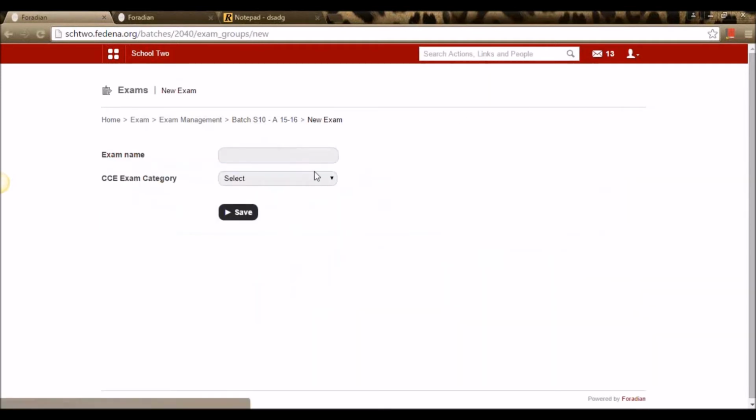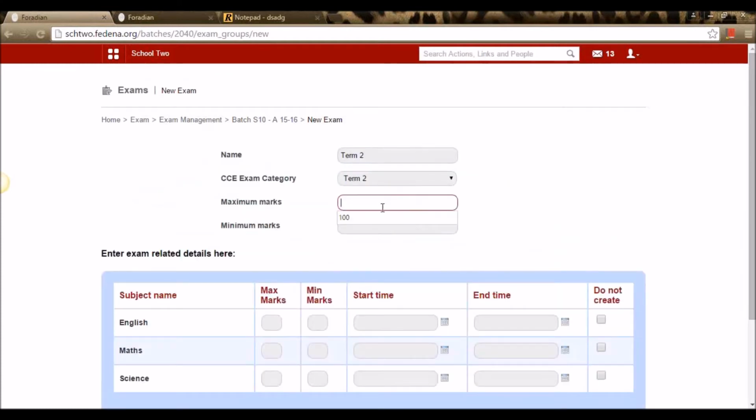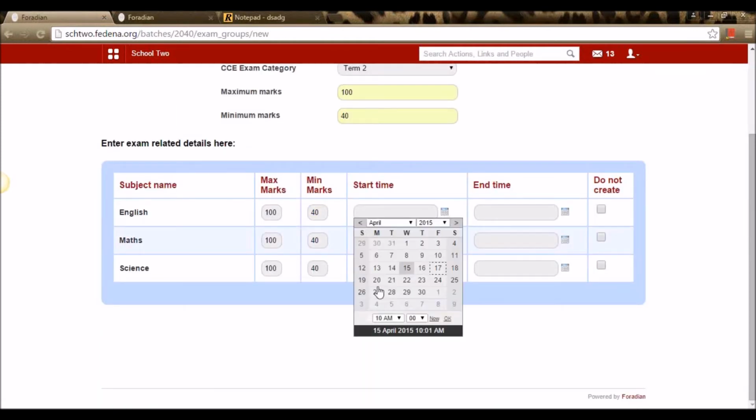We can create another term, term 2, and give maximum and minimum marks and give a timetable for it.